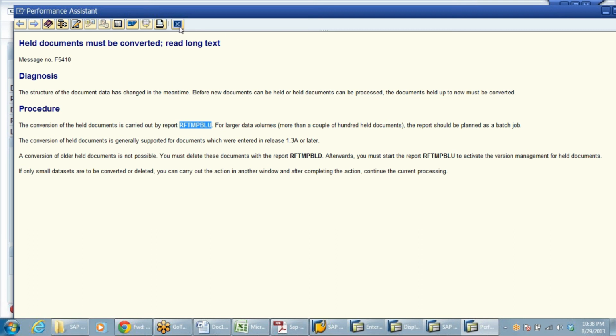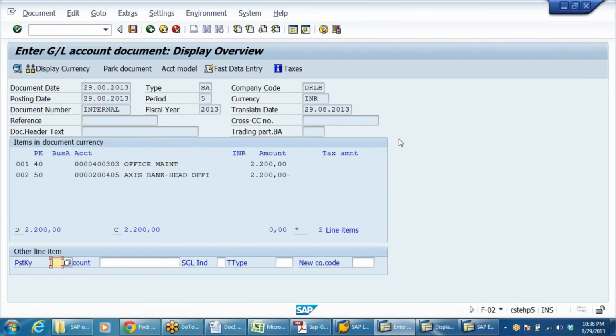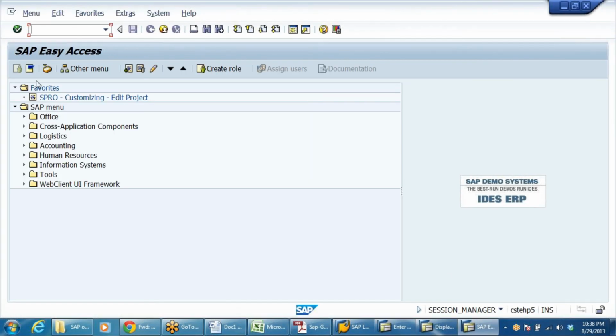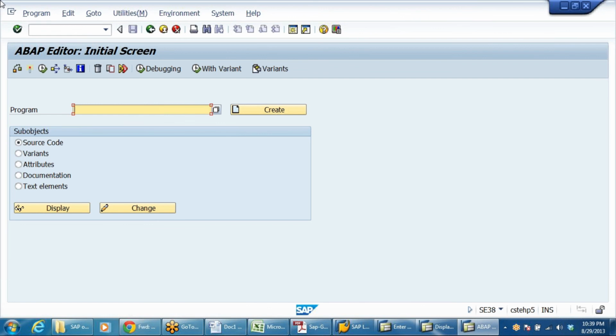Copy, go to SE38. In fact, this is a small ABAP program. RFTMPBLU is the program name.